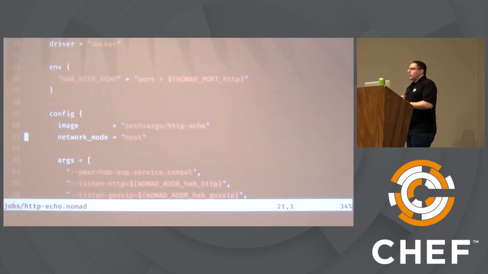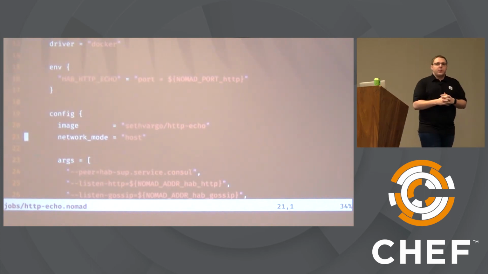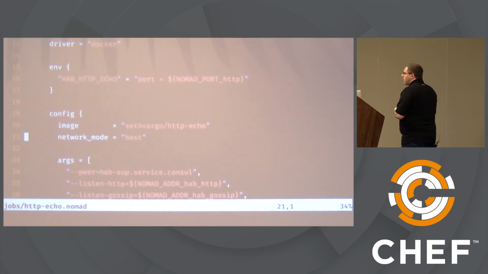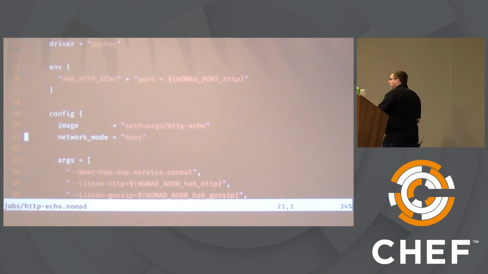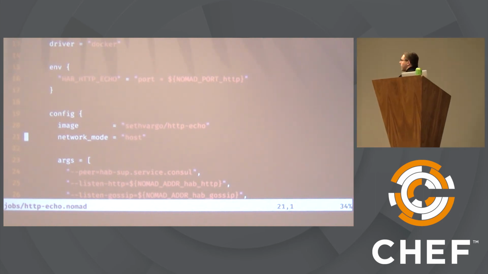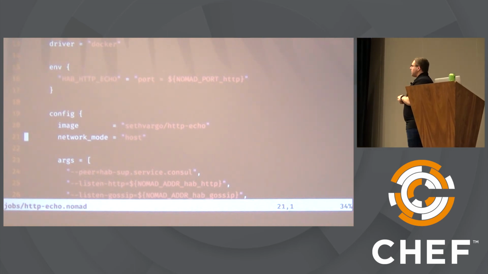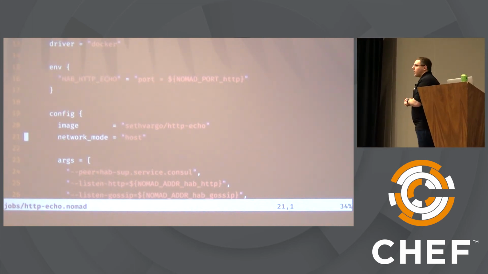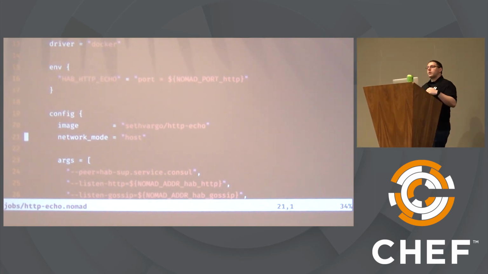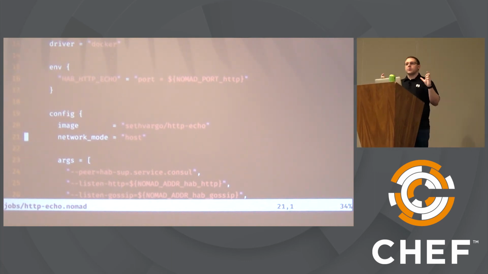I'm starting it as a server, and then here's where things get a little bit different than what you might have seen before. I'm passing in this environment variable, HAB_HTTP_ECHO, which is the environment variable that Habitat looks for its configuration. And the port that I'm giving the service to listen on is Nomad port HTTP. Nomad, at runtime, dynamically populates the values between those curly braces with a really high numbered port that it's allocated